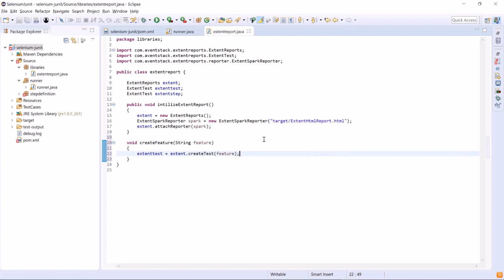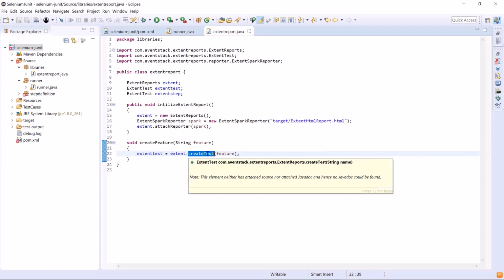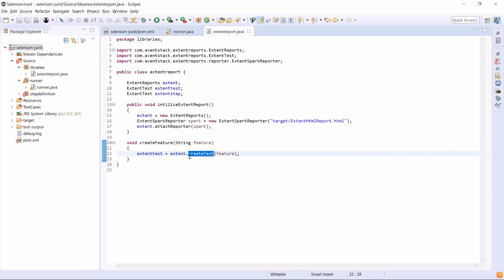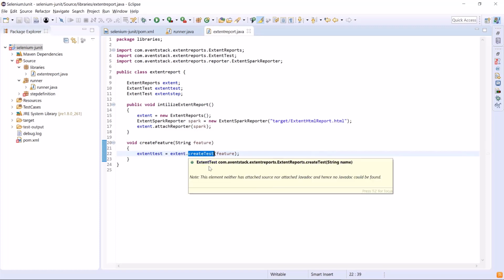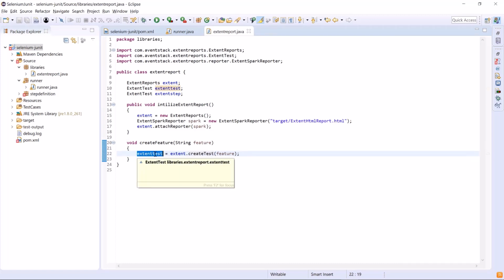This createTest method will create a test in our report with the name provided in the argument and will return the object of ExtentTest, which will be copied to the extentTest variable. So what will happen basically, for each feature, it will create a new test.